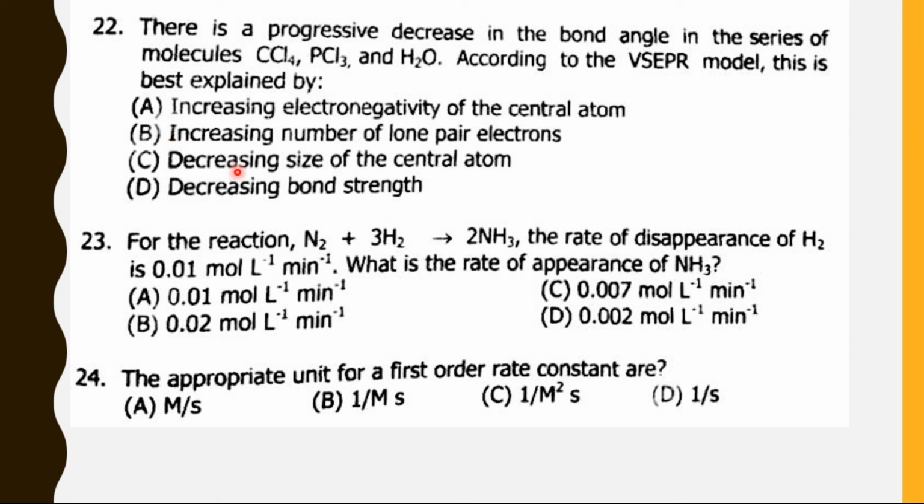So let's come to the next question, question number 23. For the reaction N2 plus 3H2 giving 2NH3, the rate of disappearance of hydrogen is